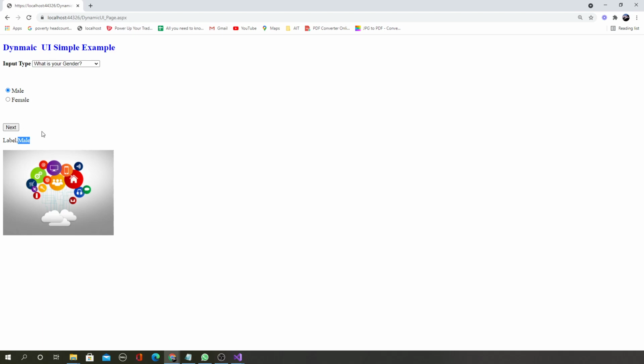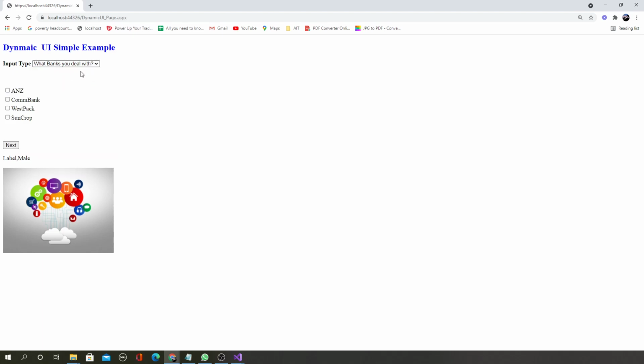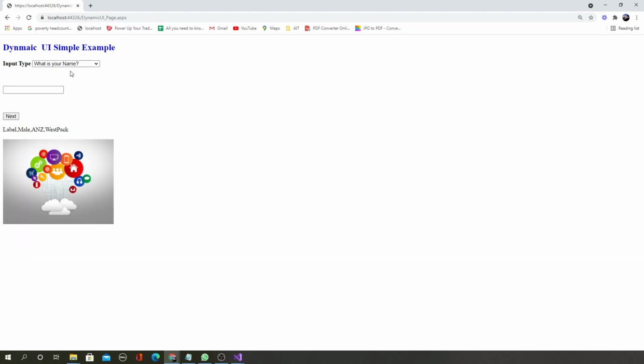store it. And let's say if you select another question like what are the banks you are dealing with, then it shows a different set of user interfaces generated dynamically where the user can select, let's say, the options and click next, and then those options are again saved for future reference. And let's say if the user selects what is your name, then it dynamically generates the UI. And the user can type something from the keyboard and click next, and then that value is stored